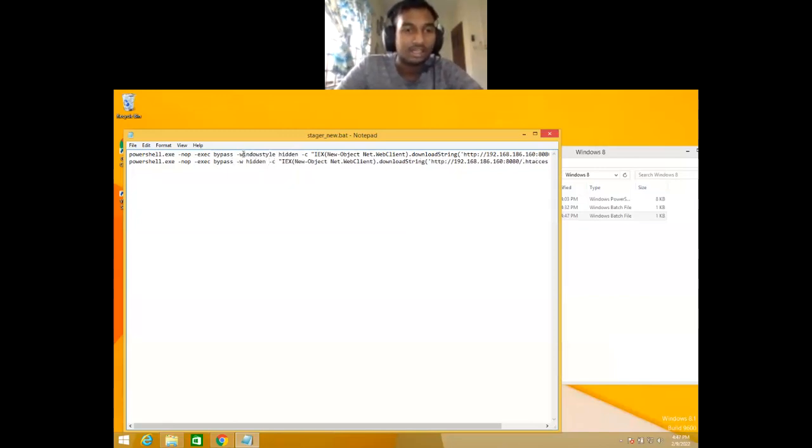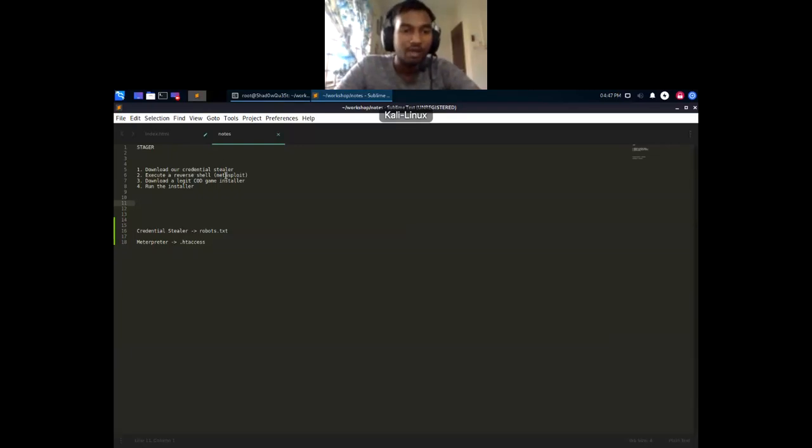Or hidden, because it's a shortcut for window style. Okay, so we can use that as well. Same thing here. Window style hidden. Same thing. So it doesn't matter. So here we are going to download htaccess and inject into our memory to execute our reverse shell. Okay, now we have two stages done. First is download our credential stealer, execute our reverse shell, and next we are going to download our legitimate COD